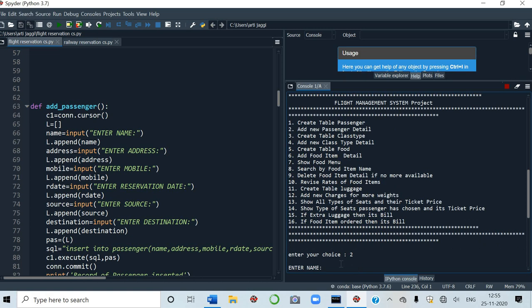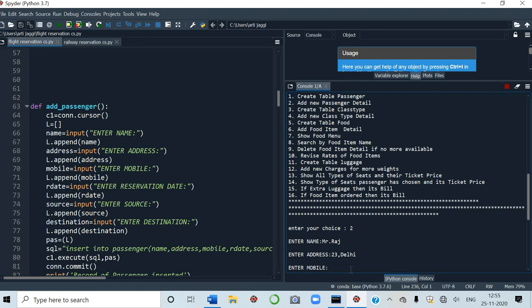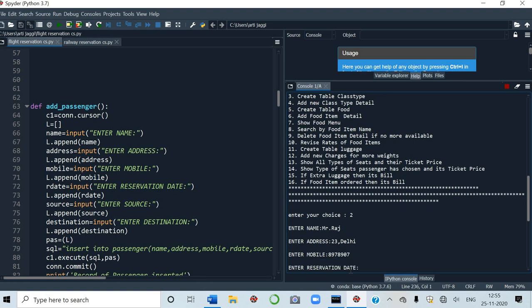Let us execute it. Enter name, Mr. Raj. Enter address, 23 Delhi, I'm typing here. Enter mobile, some number I gave.